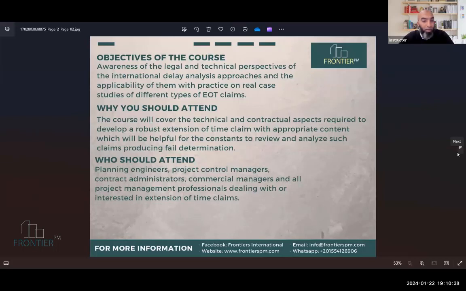Who should attend? Planning engineers, project control managers, contract administrators, commercial managers, and all project management professionals dealing with or interested in extension of time claims.